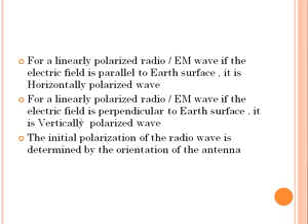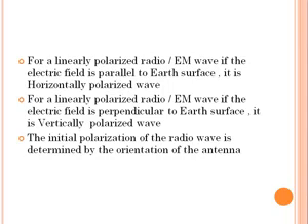The initial polarization of a radio wave is mainly determined by the orientation of the antenna. Consider a half-wave dipole. If the half-wave dipole is kept perpendicular to Earth's surface, then the electromagnetic wave radiated by the half-wave dipole will be vertically polarized. Suppose the half-wave dipole is placed parallel to the Earth's surface, then the electromagnetic wave produced will be horizontally polarized.